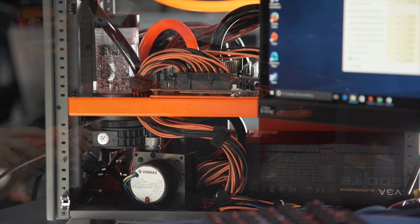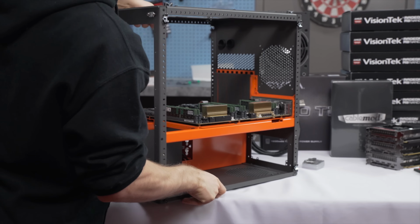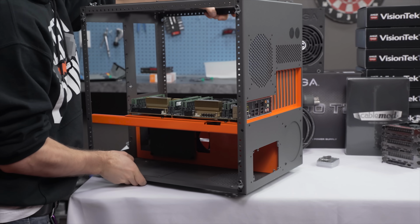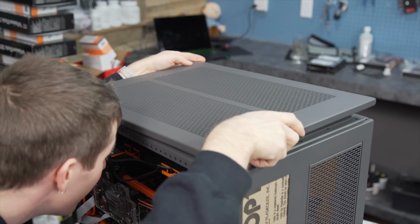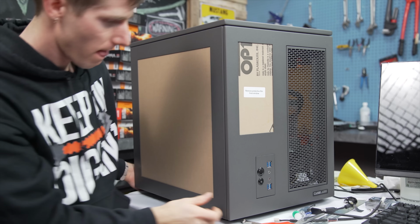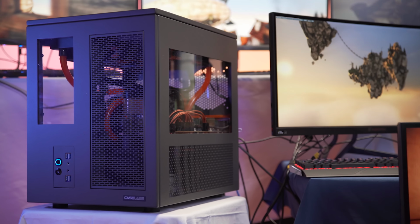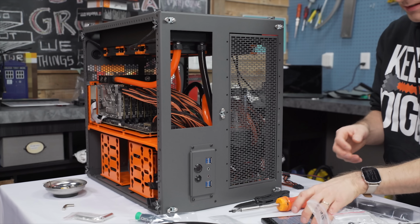Not to mention it's got room for all the hard drives we need, and it's got a full aluminum construction, so it's actually fairly lightweight considering all the hardware we have in there. And personally, I think it looks pretty badass with the selection of windowed and mesh panels that we chose for our particular rig. Not only that, but Case Labs also hooked us up with a sweet black and orange powder coat paint job that I think looks